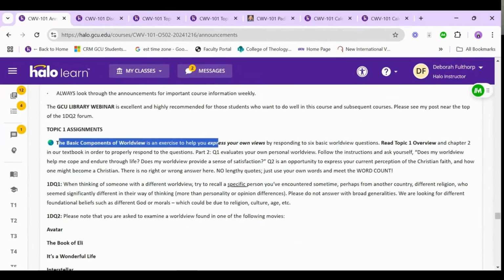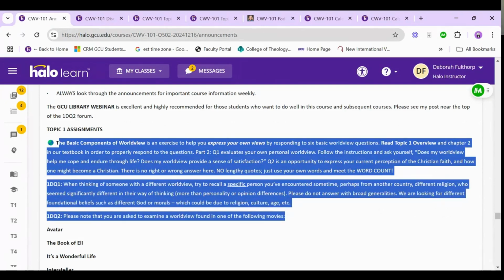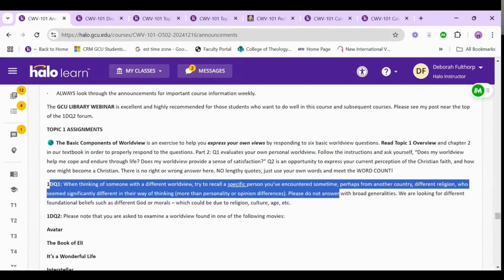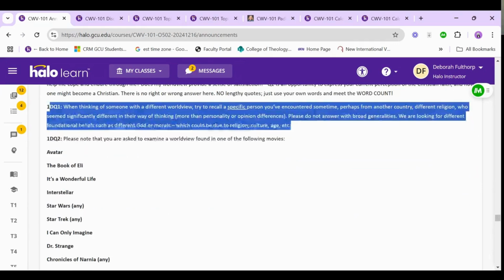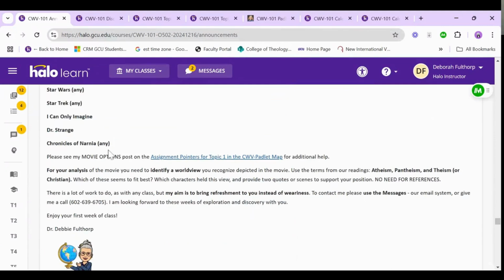Basic components of worldview is an exercise to help you express your own views. I'm not going to take too much time, but DQ1, check that out. DQ2, you can use any of these movies to choose from. If you don't like any of them, see my movie options in the Padlet map.